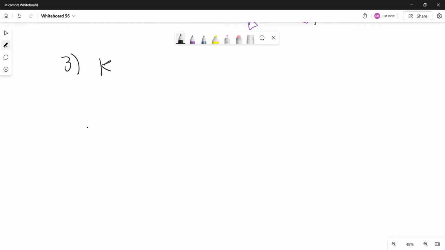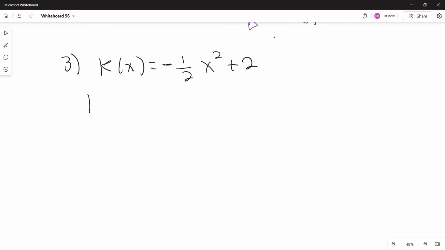It's k of x equal to -1/2 times x squared plus 2. So the graph of the squaring function is